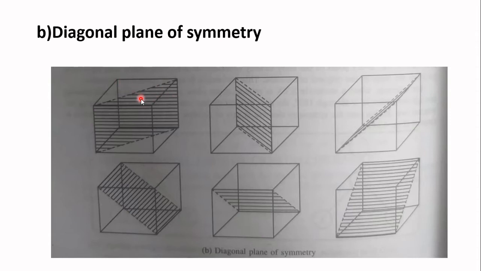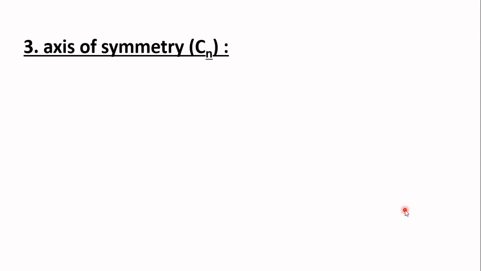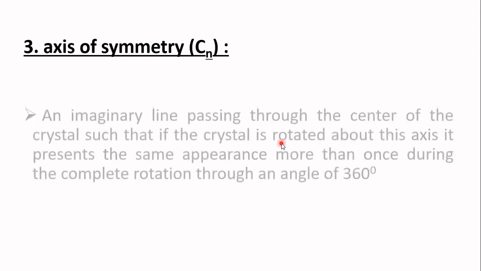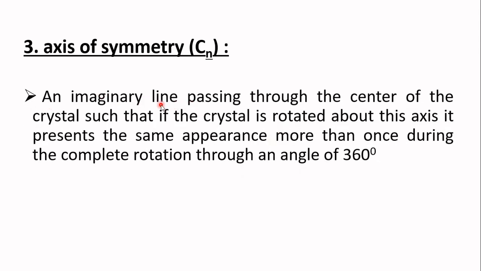See, these seem to be mirror images of one another. We can find 6 diagonal planes of symmetry in a cubic system. And one more element of symmetry, that is the axis of symmetry, represented by the symbol Cn, an imaginary line passing through the center of the crystal such that if the crystal is rotated about this axis, it presents the same